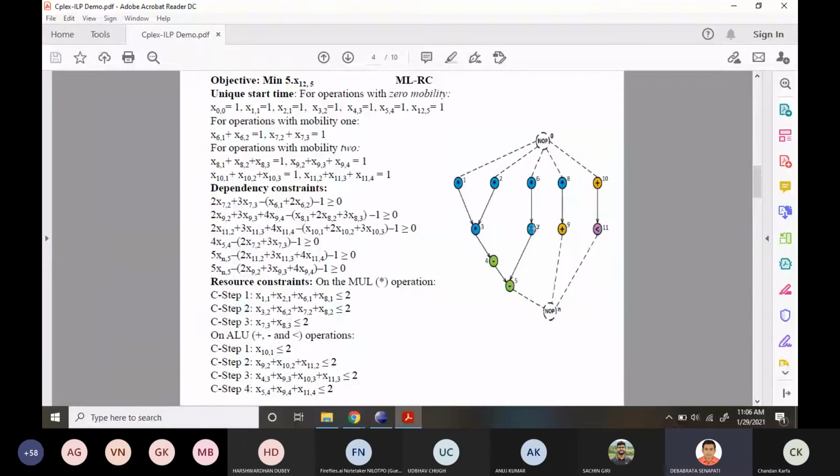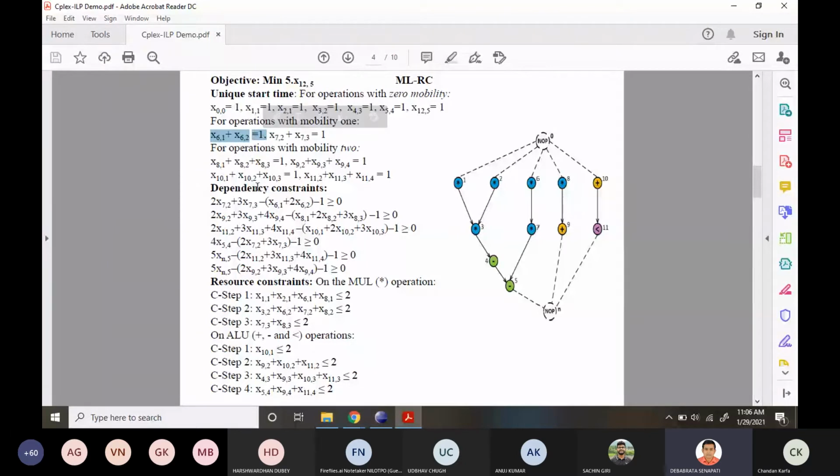Similarly, operation 7 can start at time step 2 or time step 3, so x72 plus x73 equals 1. This tells us that either of these two is 1, meaning either x61 is 1 or x62 is 1. This equation enforces that constraint.